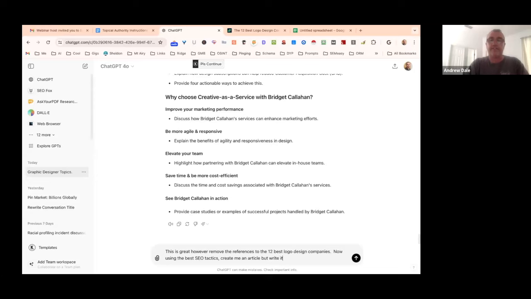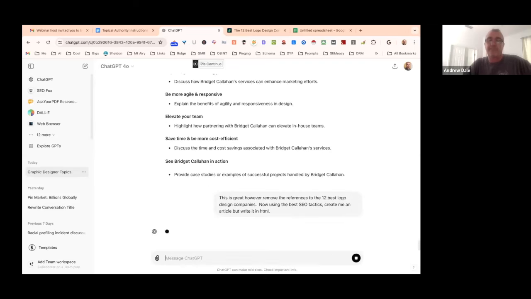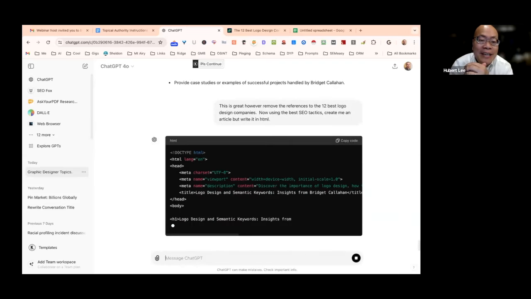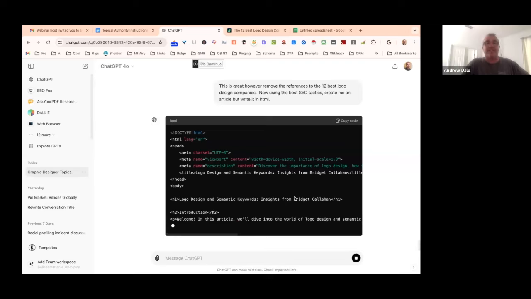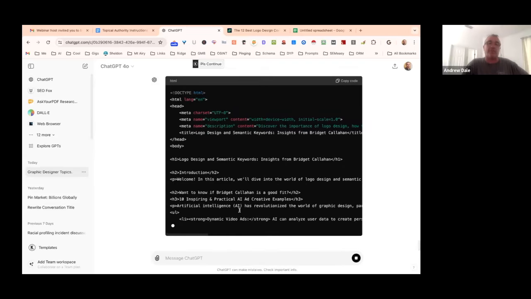Remember how we were worried about the H2s, the H3s, all of that stuff? Don't worry about it. We're going to let ChatGPT write it for us. All you have to do is say, write it in HTML, and then it generates all the HTML. And then what I'm going to do is copy everything from my H2 down.